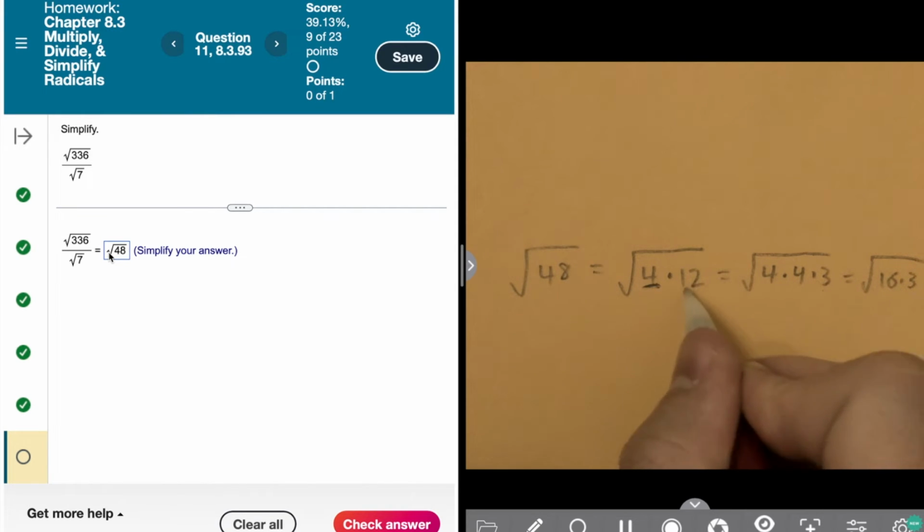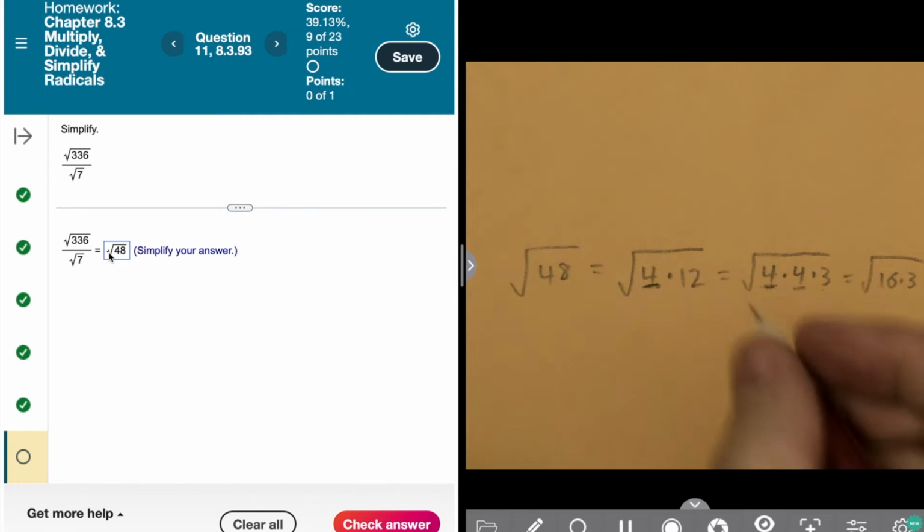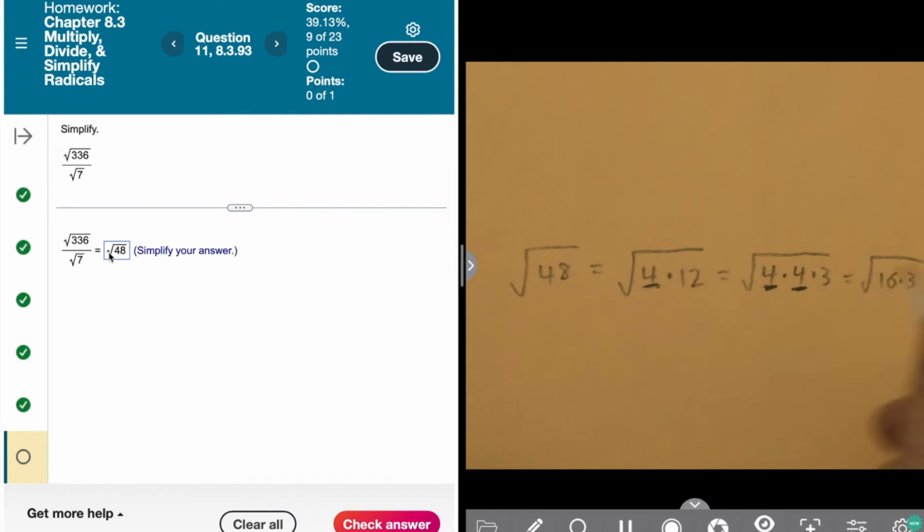And then I happened upon 12 as the other thing I need to get 48. Well, then I said, wait a minute, 12 is a perfect square. And there are my 2 perfect squares. Now, depending on what you read or watch on other YouTube videos or textbooks, usually what people will do is